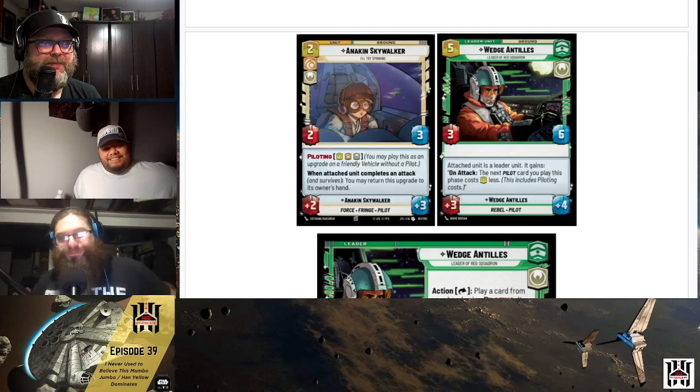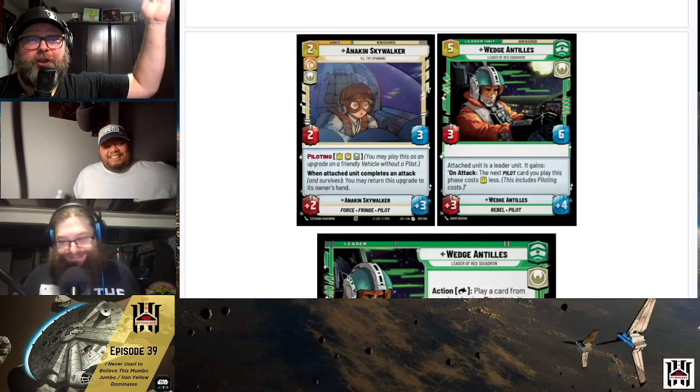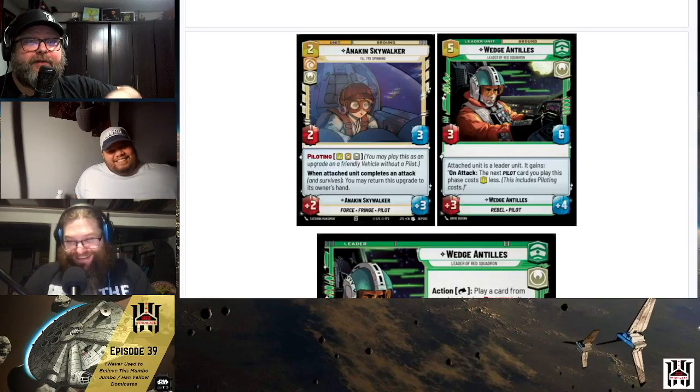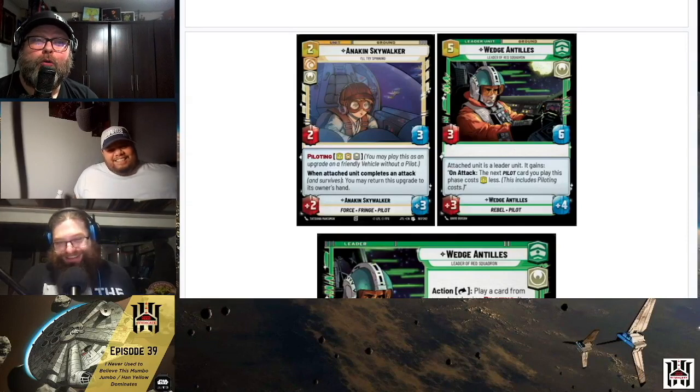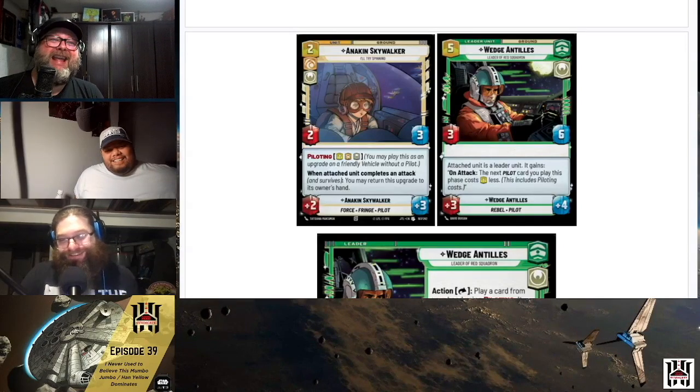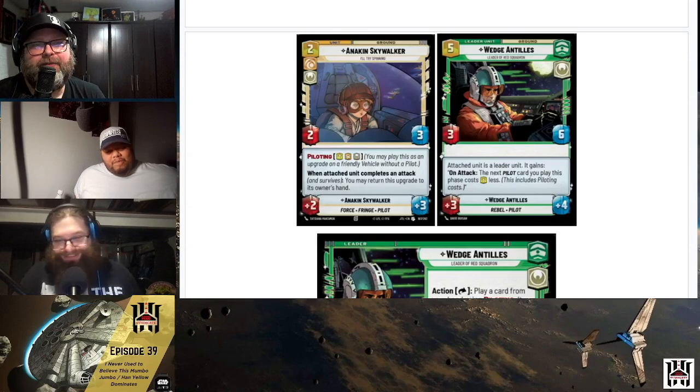Play them on the home 1. Hold off until turn 7. Make it a 10-11. You swing and win, baby. Except then you're going to be very sad when I Avenger. Oh, but Avenger won't work anymore, right? Yeah, Avenger is a leader unit. Oh, man. Oh, Devastator. Yeah, it's got to be Devastator or Power of the Dark Side or...